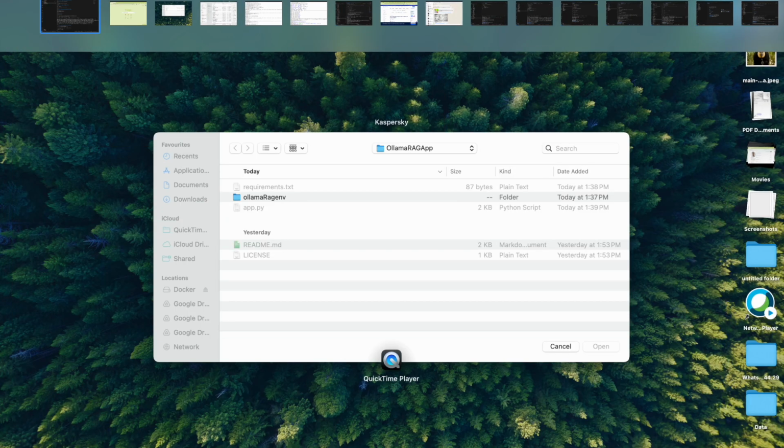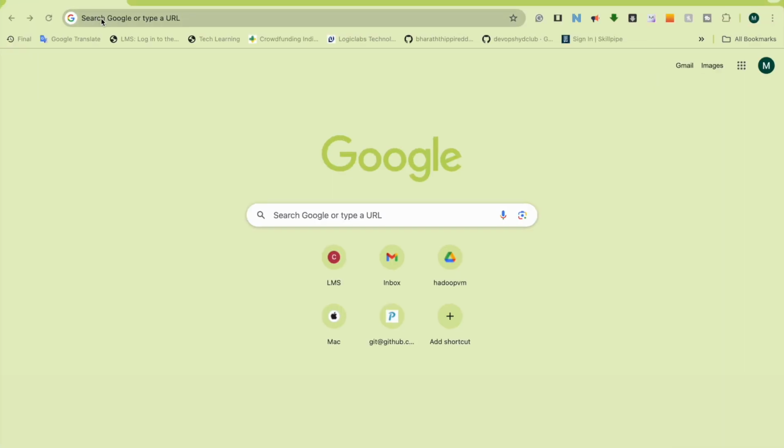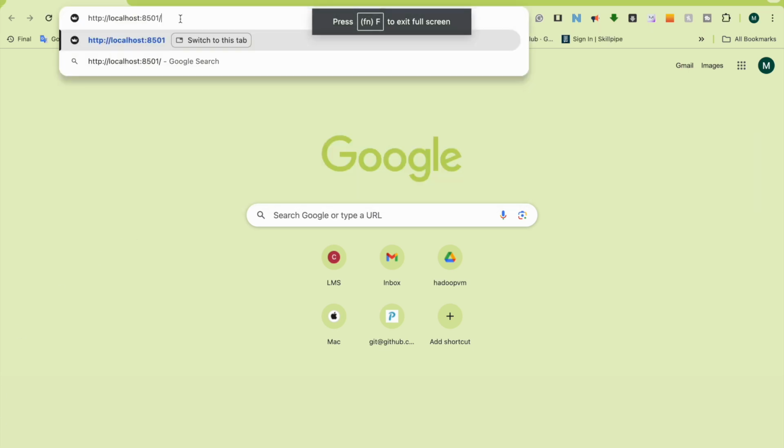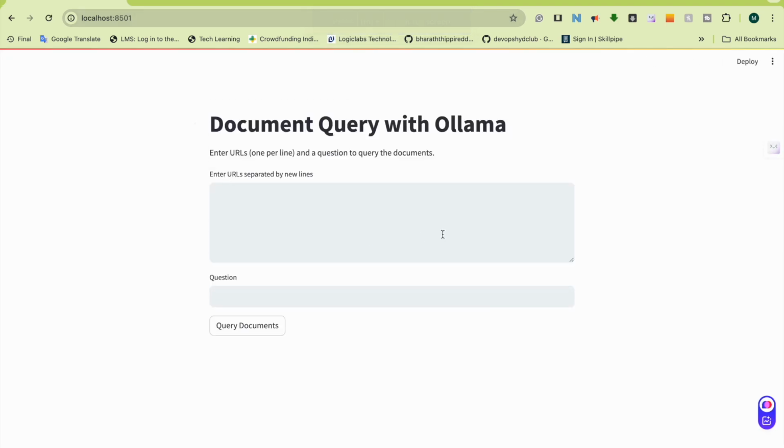It's localhost. Let me write it down here. Yeah, so this is how my application looks, and then I'll enter two URLs and